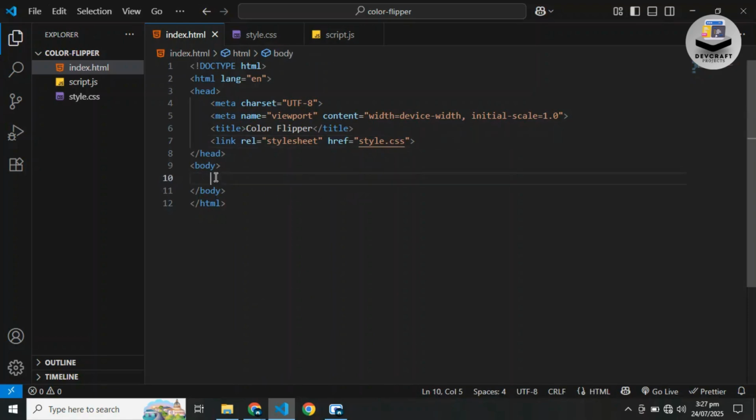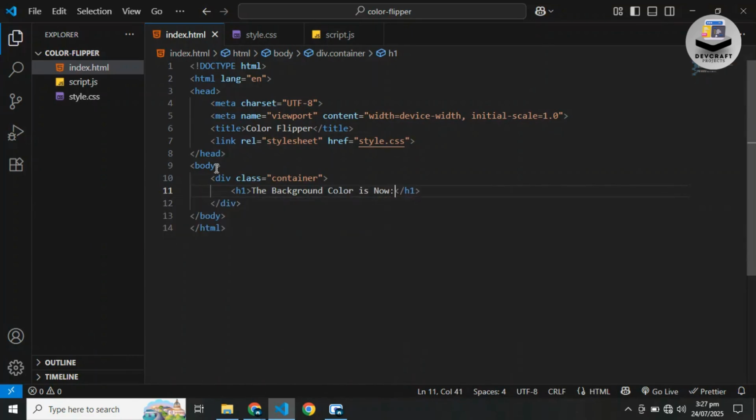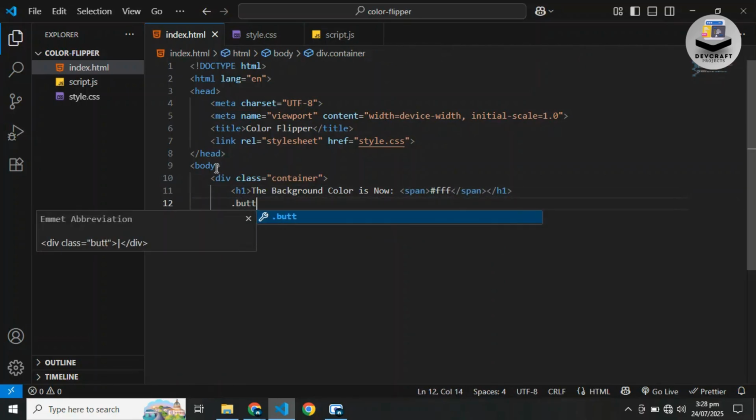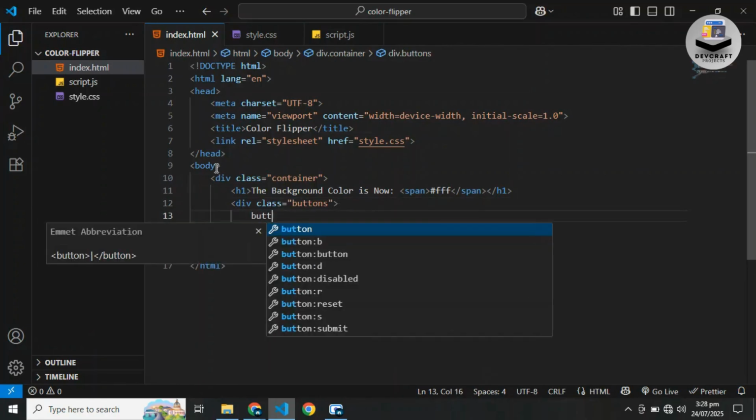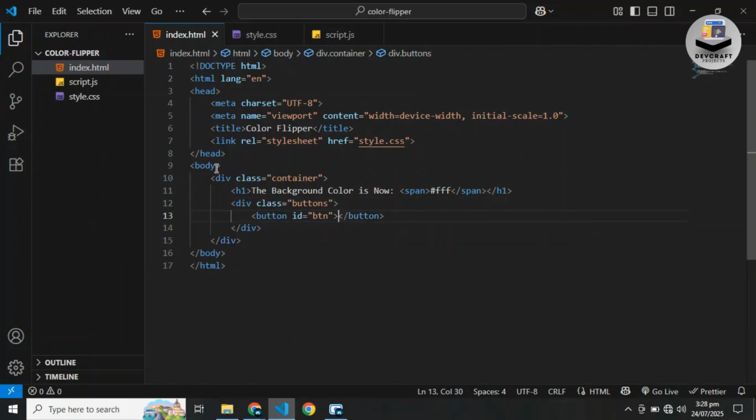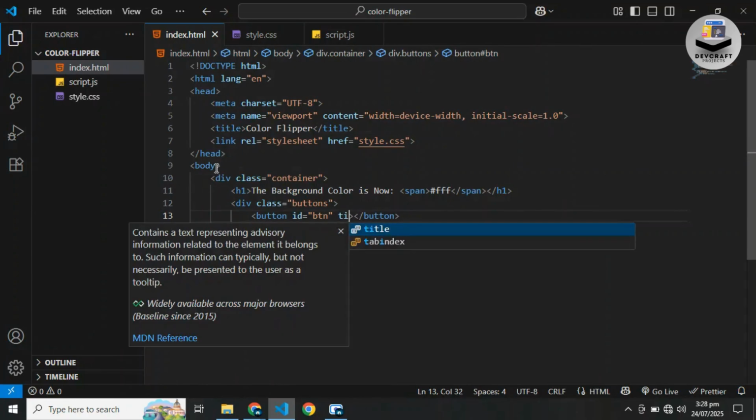Inside the body, we've wrapped everything inside a div with a class container. Inside that container, we have an h1 element that says "The background color is now", and right next to it, a span where the actual color code will appear dynamically using JavaScript. Now, under the heading, there's a div with the class buttons, and inside it, 2 buttons. The first one is to change the background color, and the second one is to copy the current color code